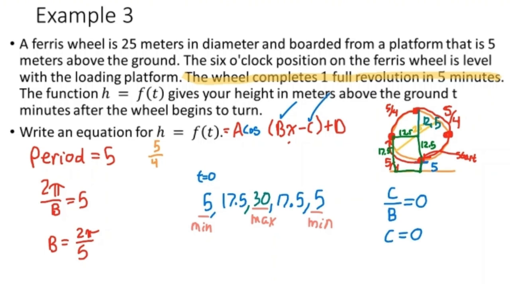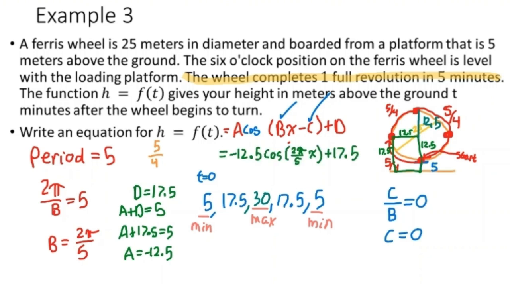Now, just like before, the 17.5 would be our d, because of the pattern. D comes second in the pattern for cosine, and a plus d, which is the start of the pattern of cosine, would be 5. So we can solve for a by plugging in the 17.5, and we get a equals negative 12.5. Now we've identified a, b, c, and d, which means our model will be negative 12.5 cosine of 2 pi over